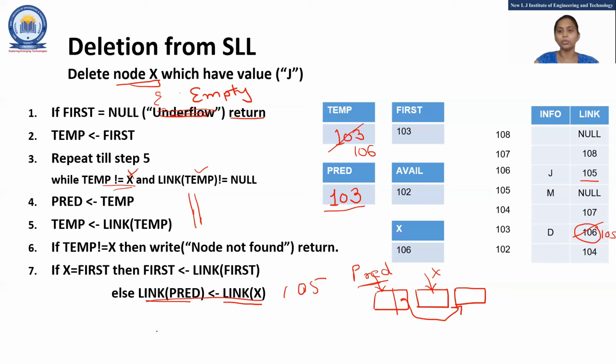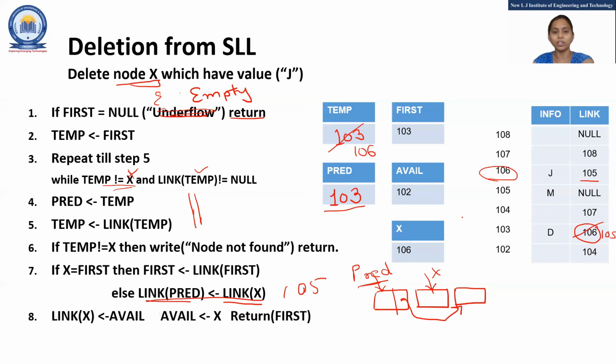And then what can I do? I just free the memory space of that 106. Okay, because I don't require that address. And how can I free the space? To free the space, I need to add that node to the availability stack. When I say I need to add that in an availability stack, it means